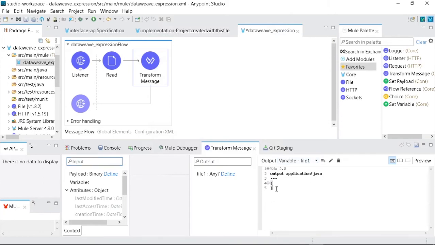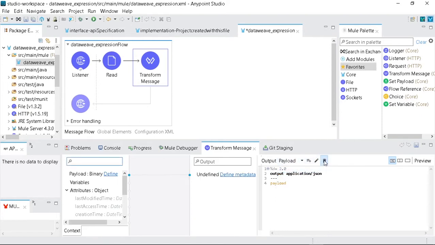Now what value do I want to paste here? I want to paste the payload value, because the content of the contact list one.csv file will come inside the payload. That's why I want this payload value inside this variable file1. Now there is another payload here.